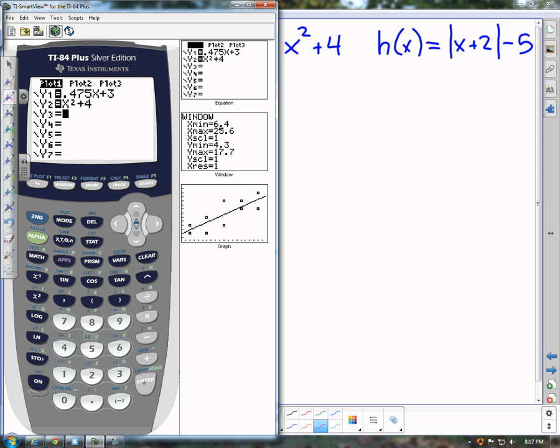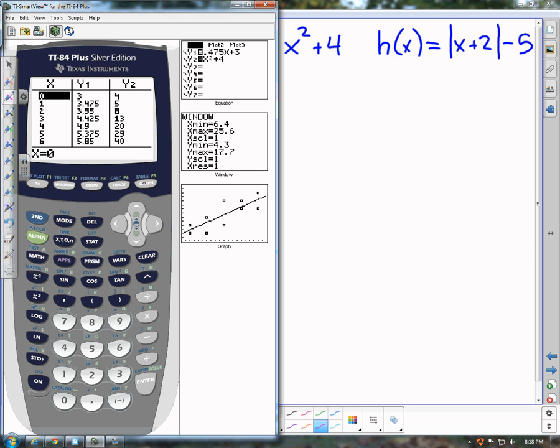And then if you wanted to figure something out with it, you can go into table set if you have this type of calculator and turn that into ask. And then if you wanted to go auto and it just figured everything out for you by changing that number to say 0, table change is 1, and then you go to auto, and then if you hit table